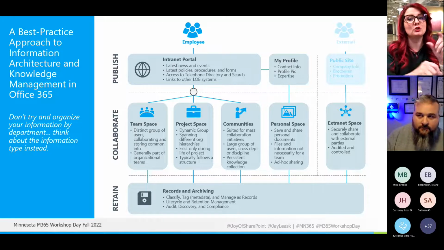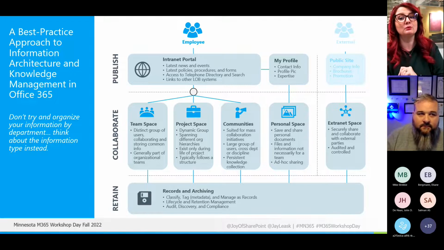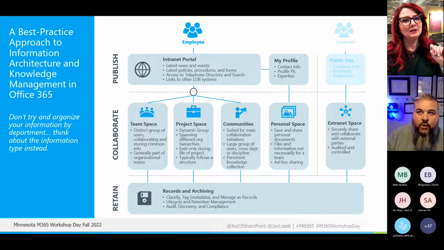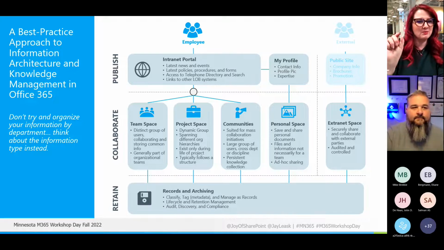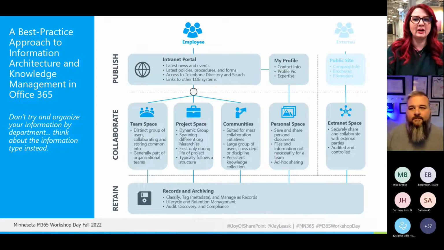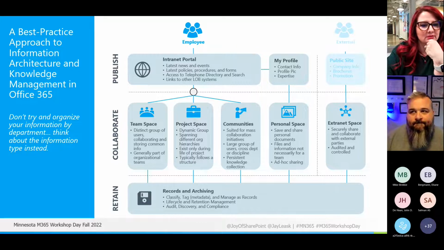Does it need to be tightly controlled? Controlled by who? Consumed by whom? What type of information is it? And these labels that you have here could almost apply to just about any area in your organization.